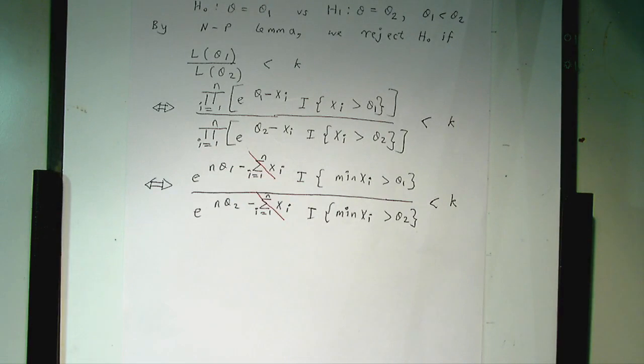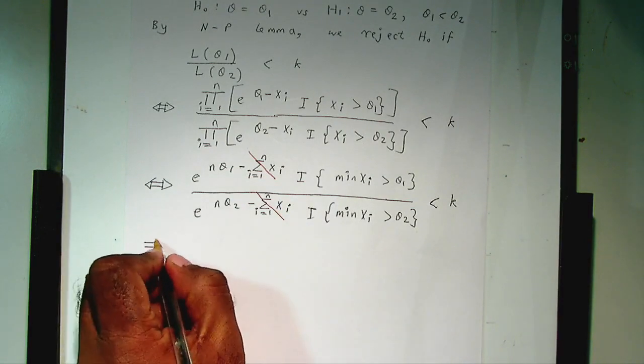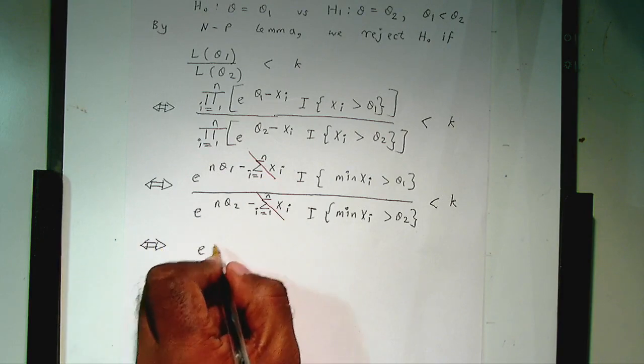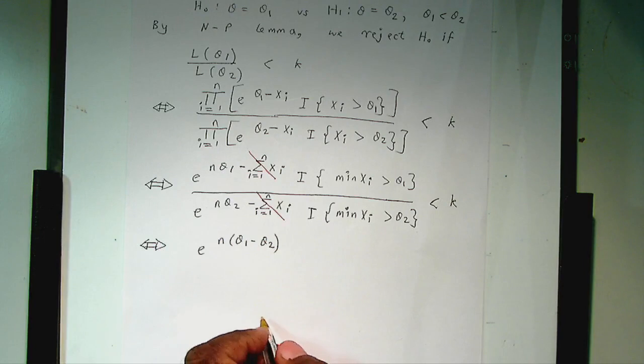So what you have is E of n theta 1 minus theta 2 times